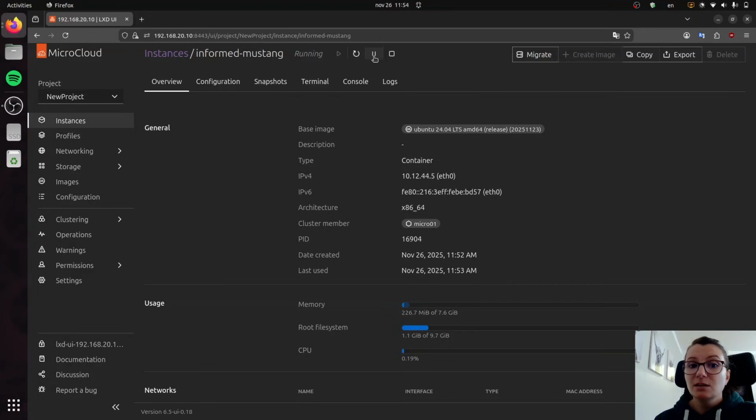But you can restart it, you can pause it or freeze it, and you can stop this instance. Here you have additional options. So you can